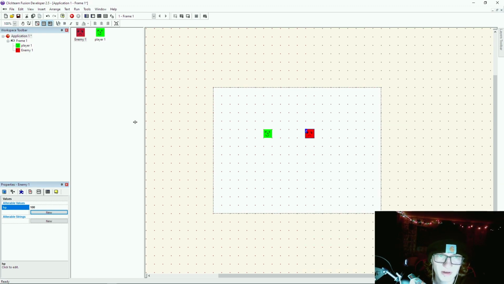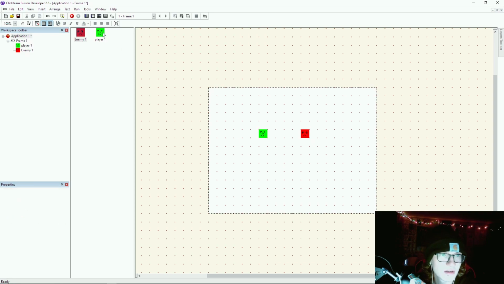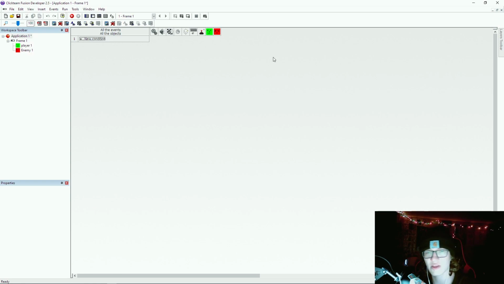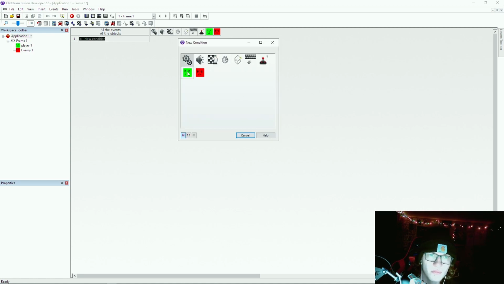Alright, now that we have our player and an enemy, we can head over here to the event editor. It's just these column and rows up here. So click on that. Now you're brought to the actual coding of it all. So now we can actually go into here and make things happen. First things first,